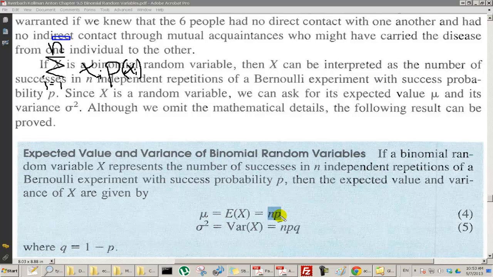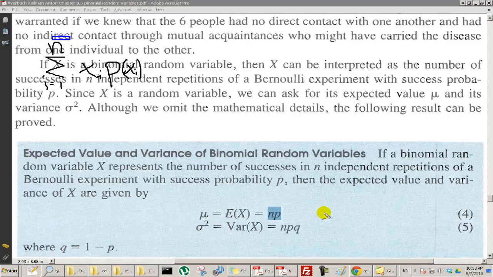Okay? So the expected value for a binomial random variable where we do n repetitions and the probability of success is p, is just going to be np. Okay? So it's kind of amazing that we can simplify all these long